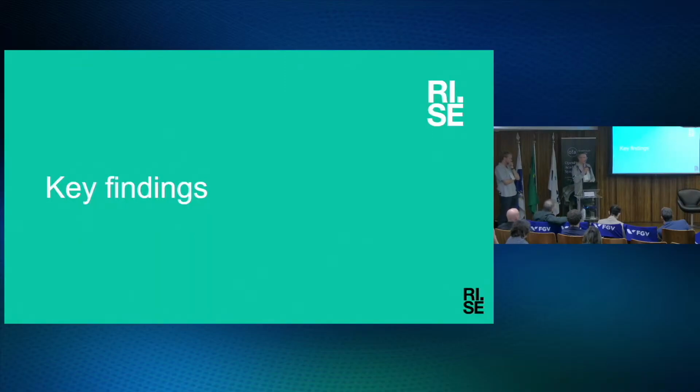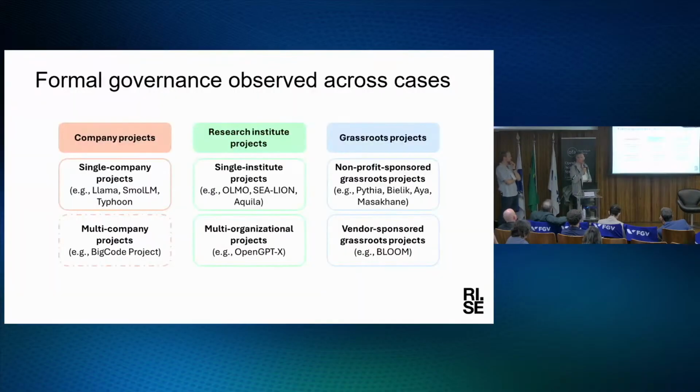Some key findings. Starting off, we can talk about how these different projects are organized or governed on a very high level, and generally it's a big difference to open source software communities in a way, because there aren't really these community-driven projects in a sense. Across the board there is some form of quite organized governance or coordination structure, typically enabling some kind of corporate or a more organizational collaboration.